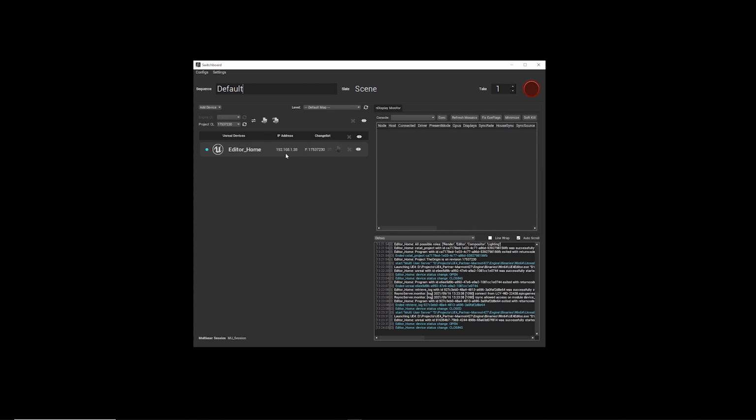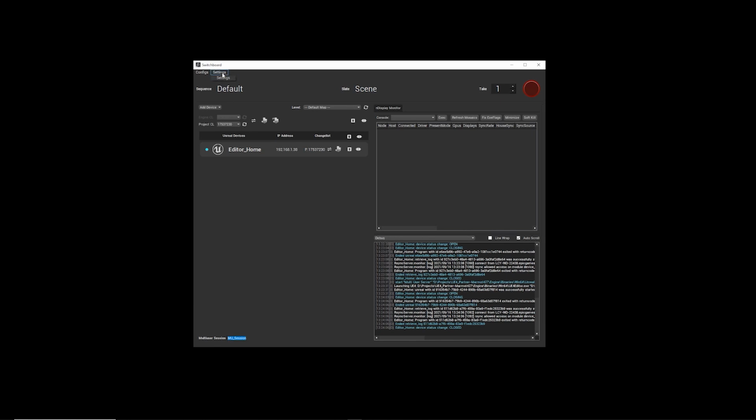And so if this was a remote machine on our network, we would be remotely opening and closing that editor. And we can also choose what map we would be opening and closing it into with this drop down here. Now, we discussed multi-user server there briefly. So let's actually launch this instance of Unreal straight into a multi-user session. So we have the multi-user session name that we're going to join right here.